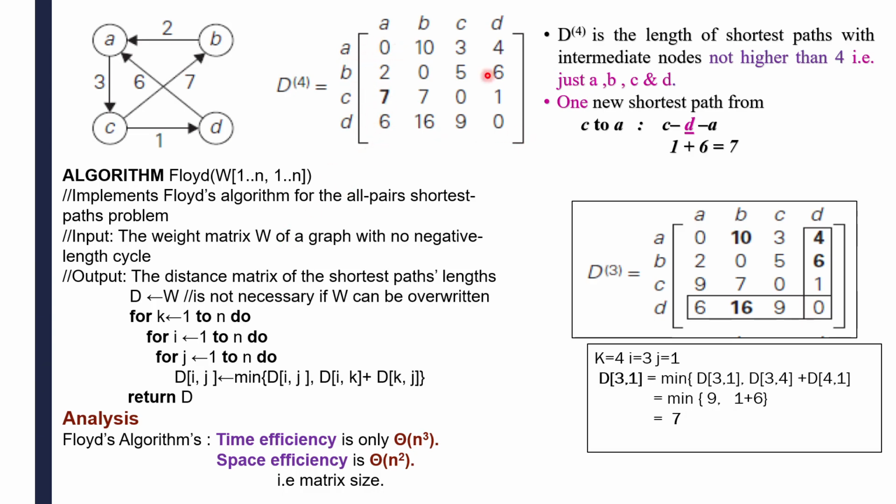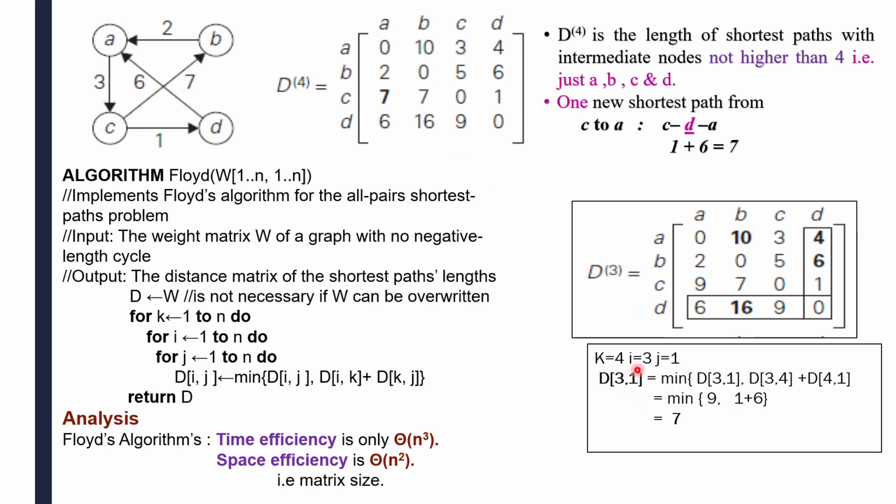D2 means 16 times you have to repeat. That D1 indicates what? K value. Okay, and next is what? Each row indicates i, and j indicates columns here. Like this you have to repeat the same procedure how many times? If you are having 4 vertices, 16 into 4 times you have to execute this one.